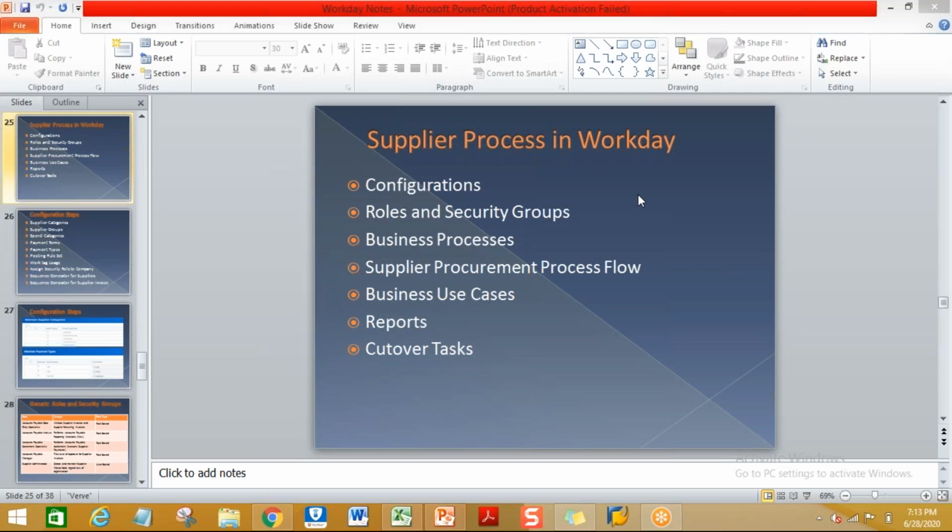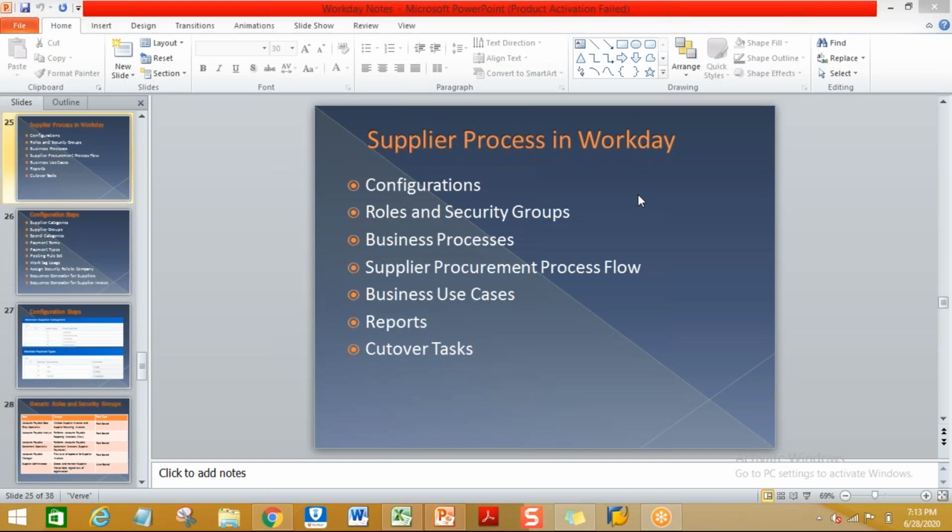In like the tenant setup, right? Okay, after the tenant setup, then create suppliers, customers, maybe. Okay.